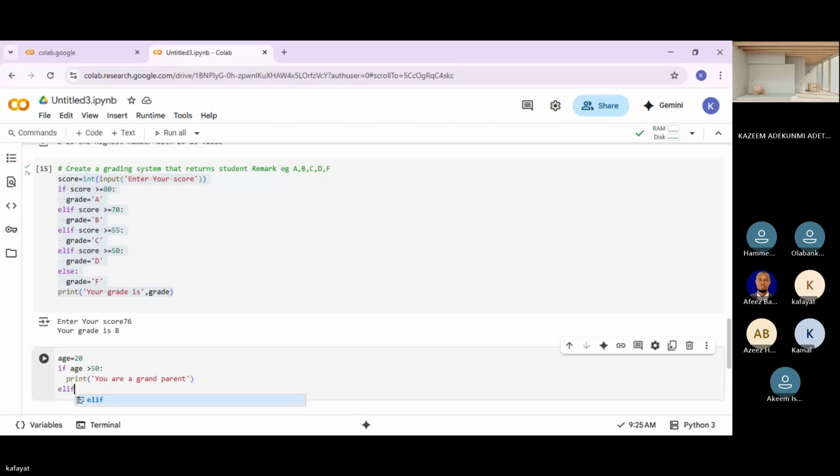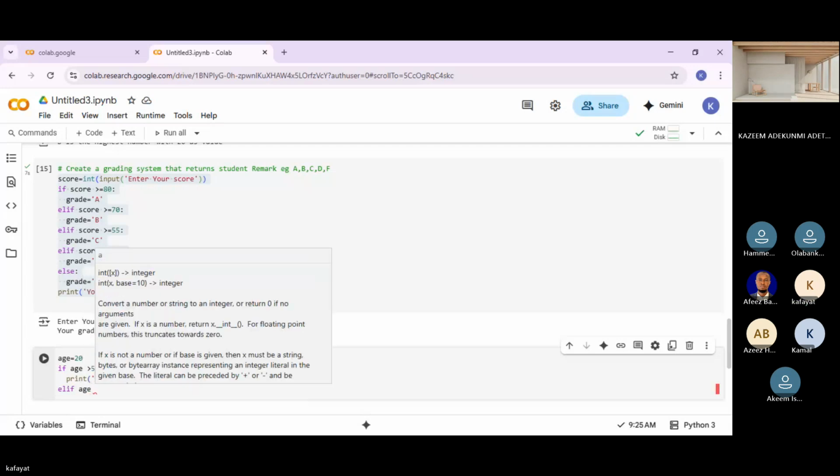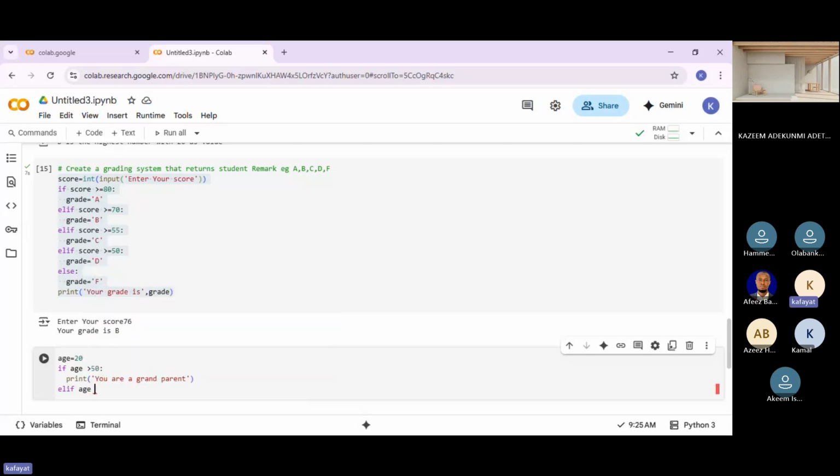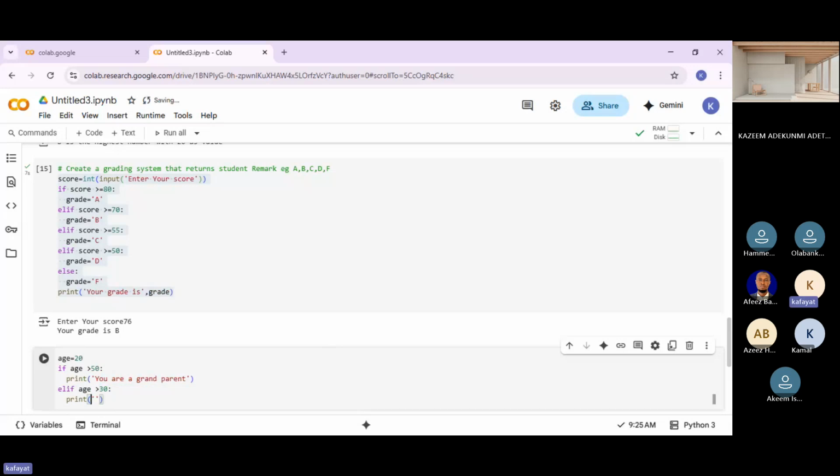Else if age is above 30, you print you are an adult.